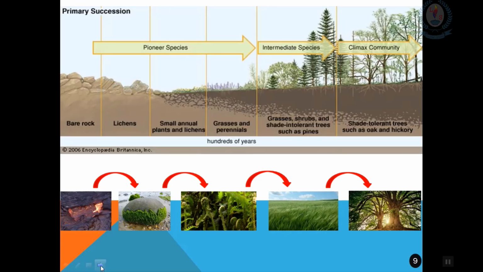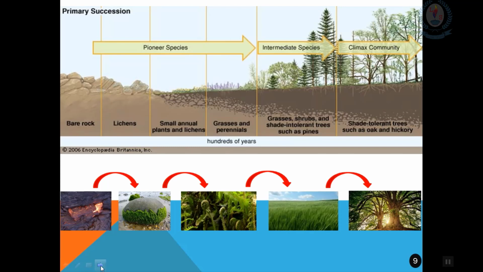Pioneer species are the first organisms to inhabit this new land. For example, algae, mosses or lichens can be considered pioneer species, as these organisms can penetrate the hard rock surface and spread themselves, causing the bare rock to break into small particles. Along with this organic material, organic humus will also develop, and together they form a new soil.